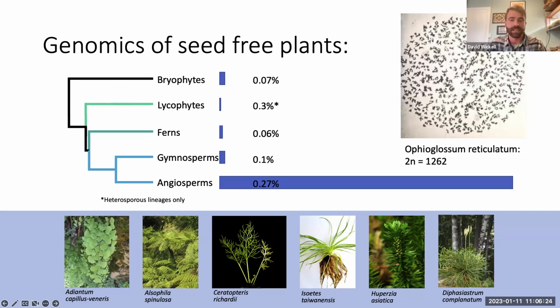So ferns and lycophytes are both known for having very large genome sizes as well as high chromosome counts. This is very well illustrated by this Ophioglossum reticulatum squash. Here it's showing 2n equals over 1,200. And so as such, despite their phylogenetic significance, right, as being sister to all of the other vascular plants, or ferns